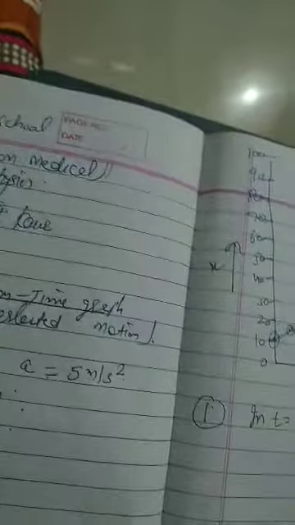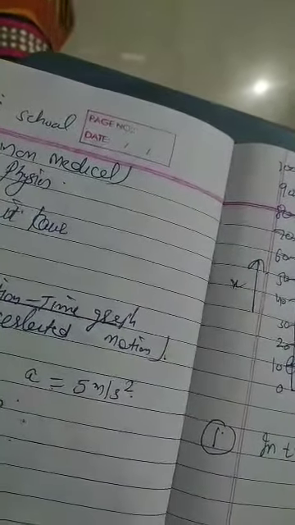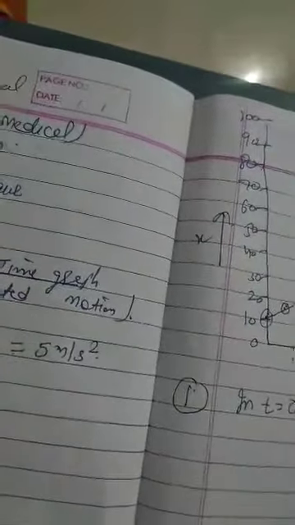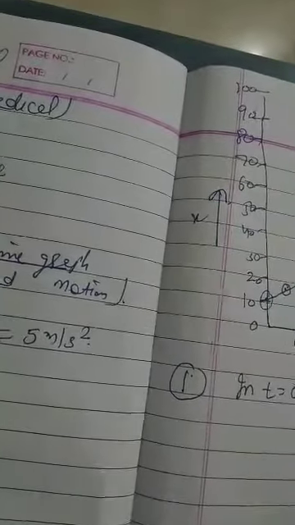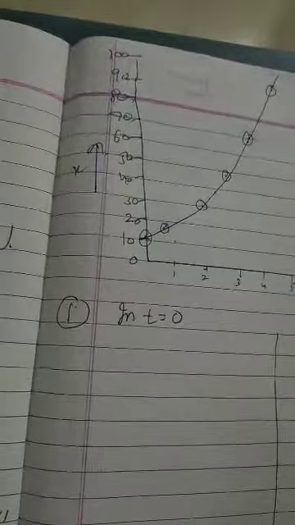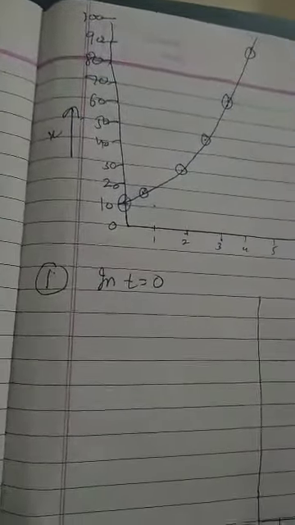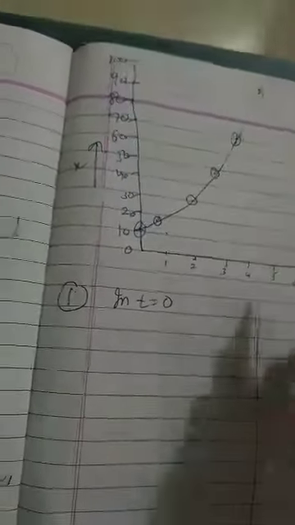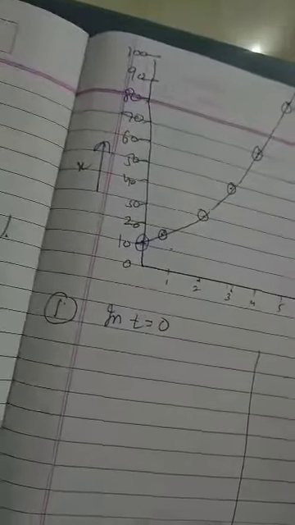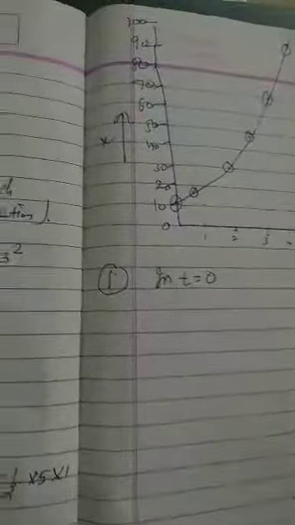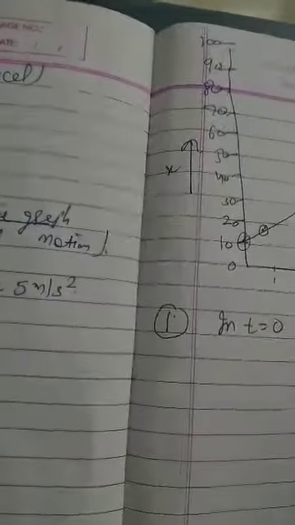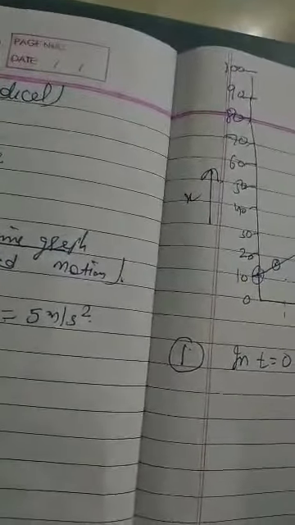We will plot another graph, side by side. Let this be time 0, this is time t1, this is time t2, this is time t3, this is time t4, and this is time t5. This graph we will explain like this. Clear? Towards here only we will take different points of x position.